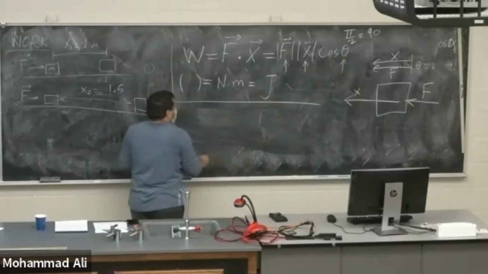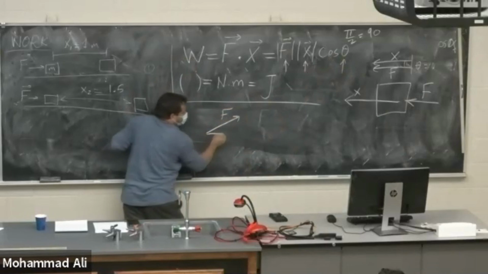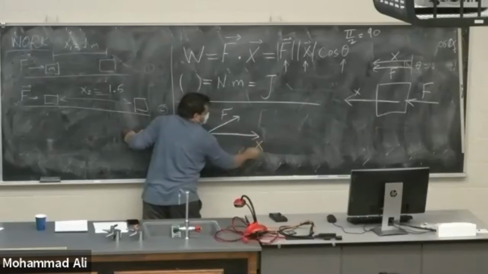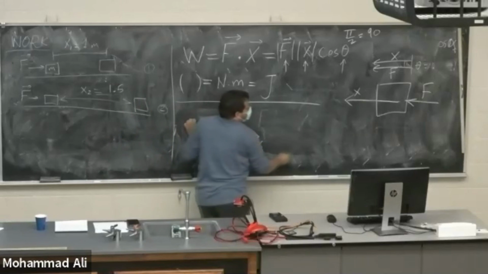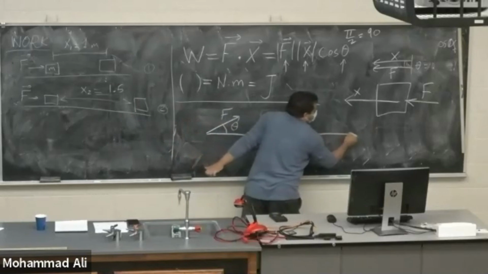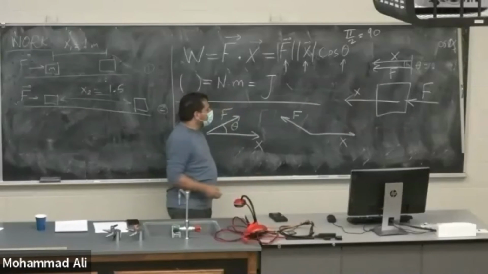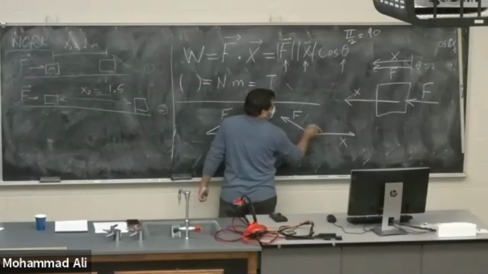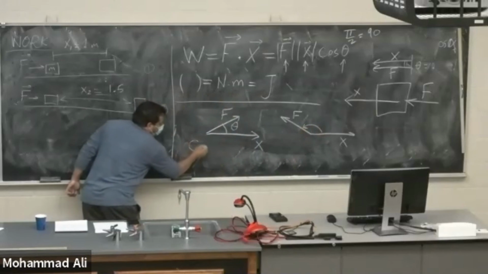If my force is like this, and this is x, I have this theta. If the force is like this, and x is like this, and this is theta, cosine theta here